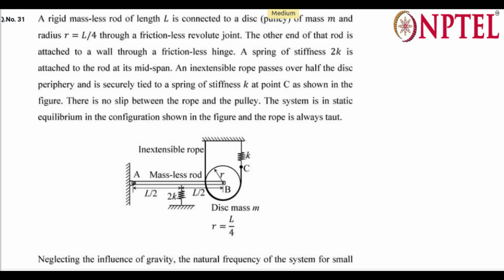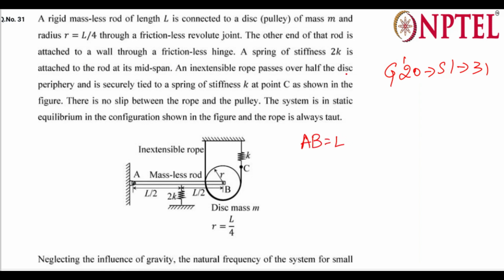We shall see GATE 2020 set 1 question number 31. So this is GATE 2020 set 1 question number 31. This question goes like: a rigid massless rod of length L. So this is a massless rod which has total length AB equal to L,